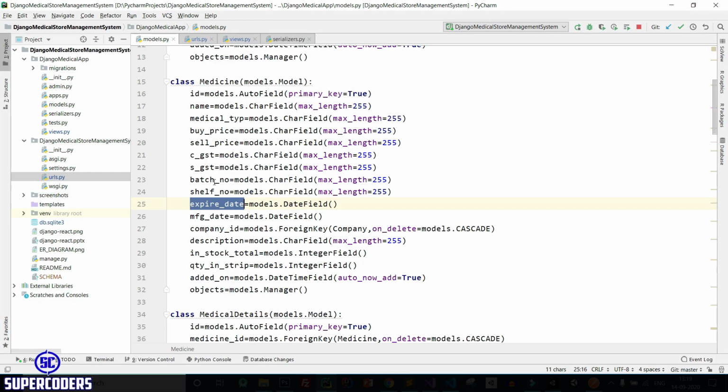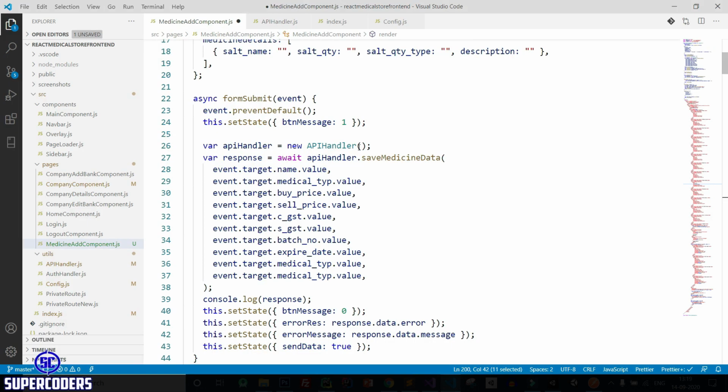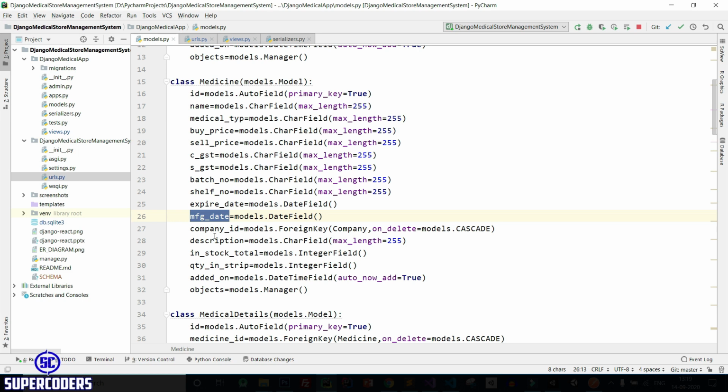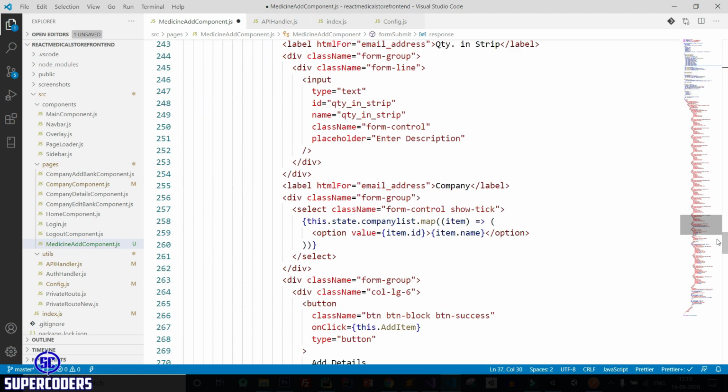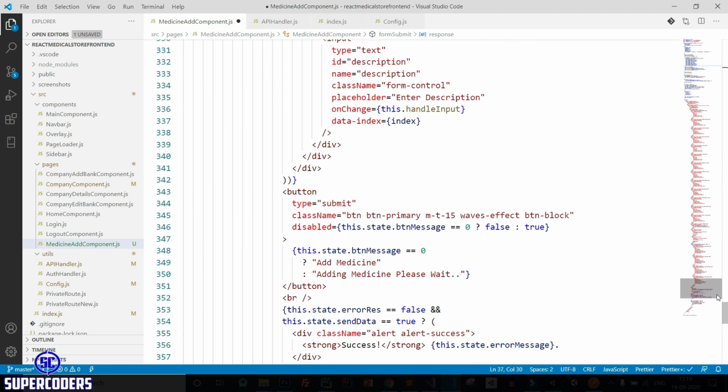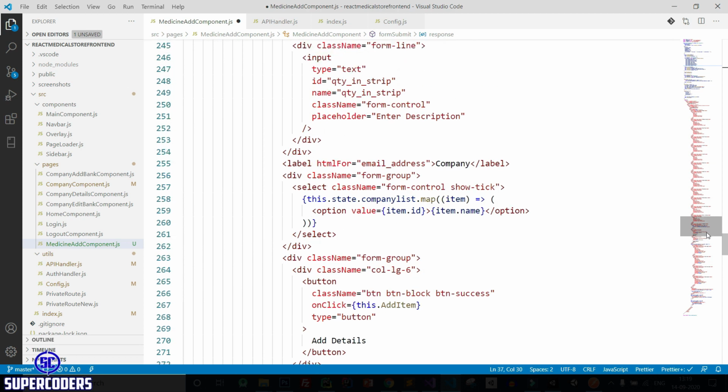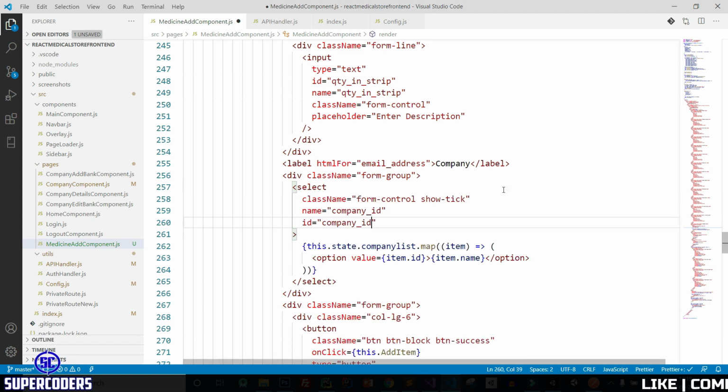Batch number, expire date, manufacture date, company ID. Let's see the company ID name. Here you can see, change this to name equal to company ID, ID equal to company ID, save it.